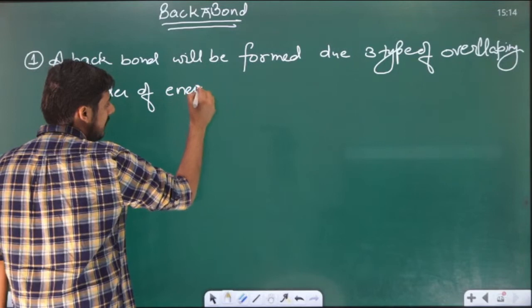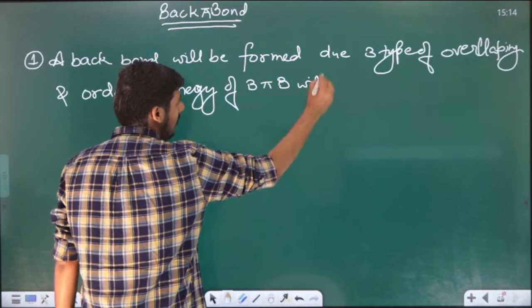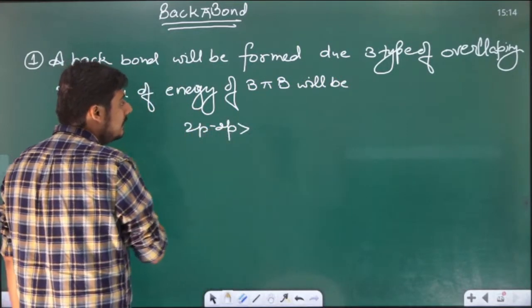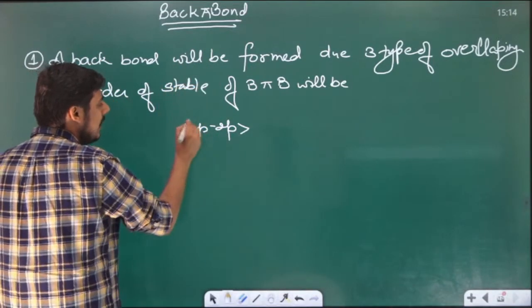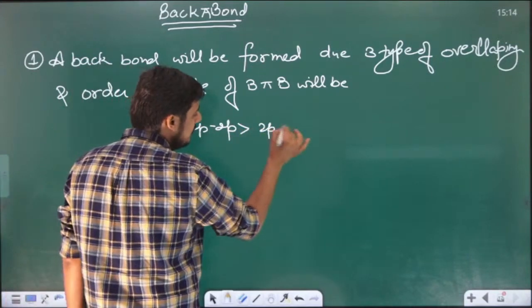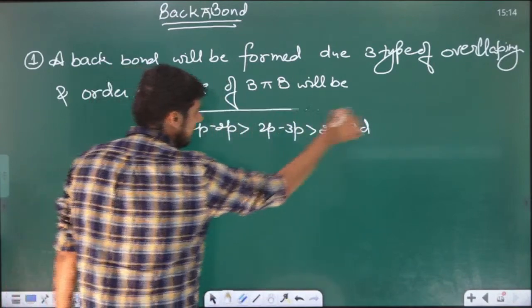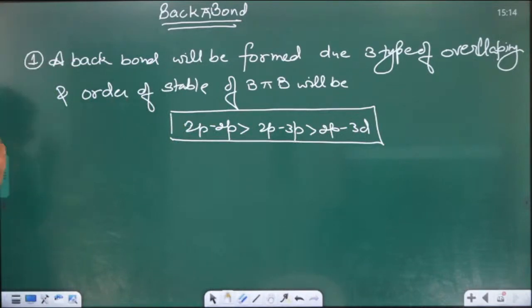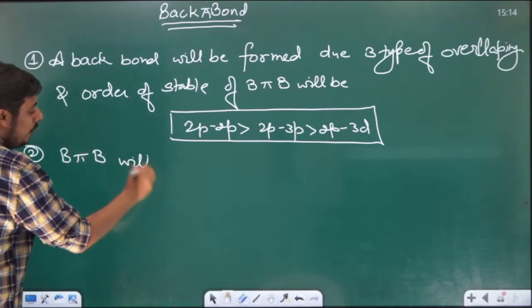will be: 2p-2p will be most stable. Then the order of stability, you can write order of stability, energy and stability are one and the same thing. 2p-2p will be most stable, then there will be 2p-3p, then there will be 2p-3d overlap. Only these overlaps will give you a back pi bond. I can also write the same statement in different language. I can say that back pi bond will be formed